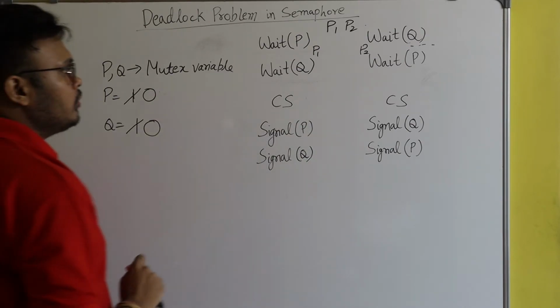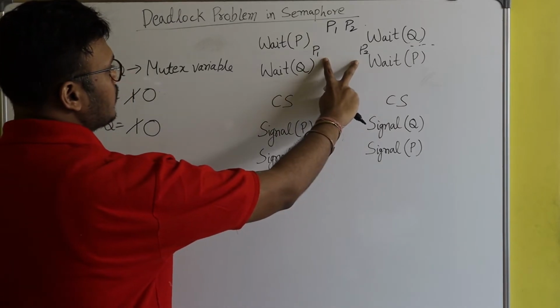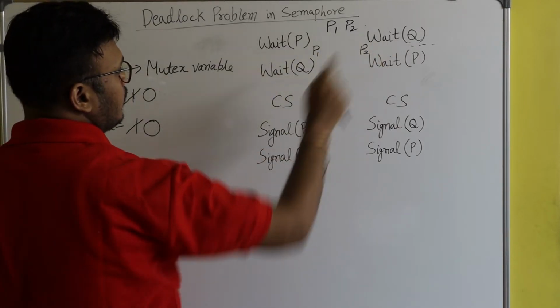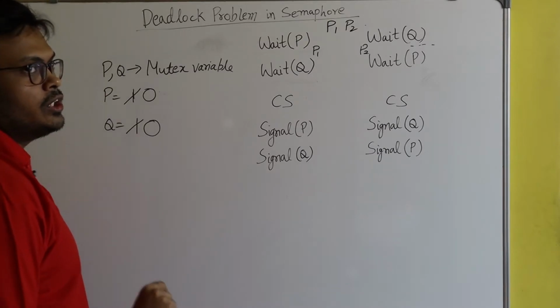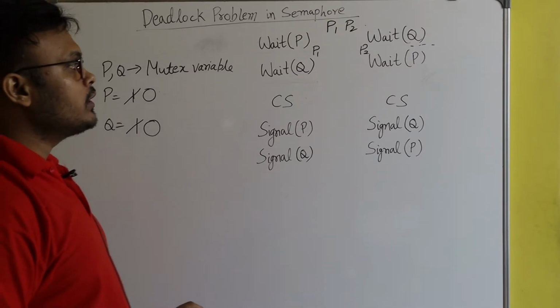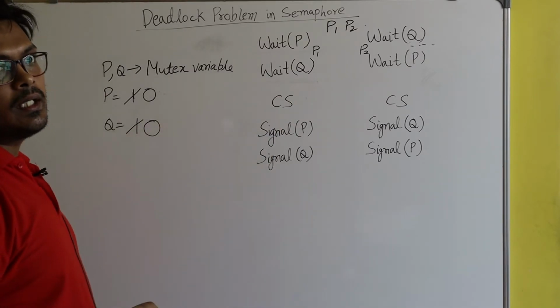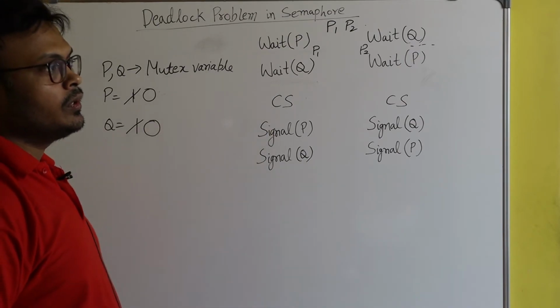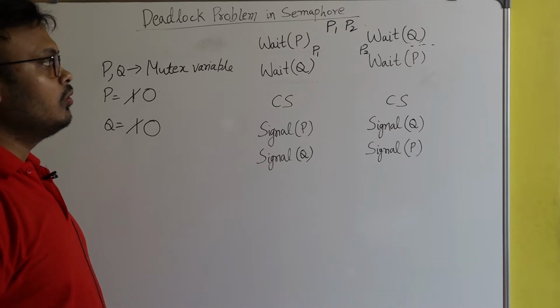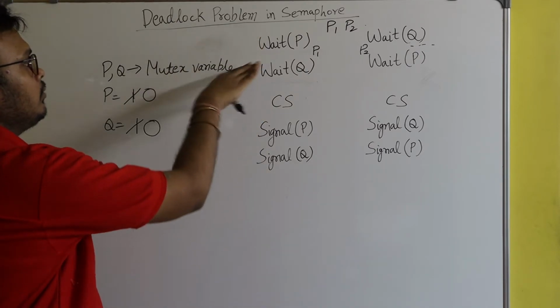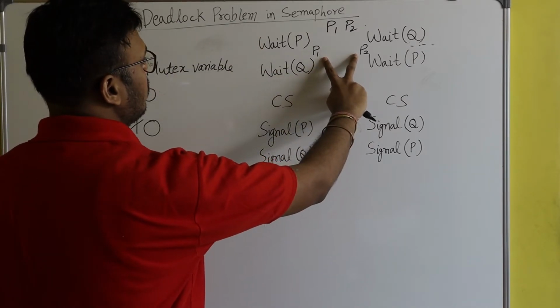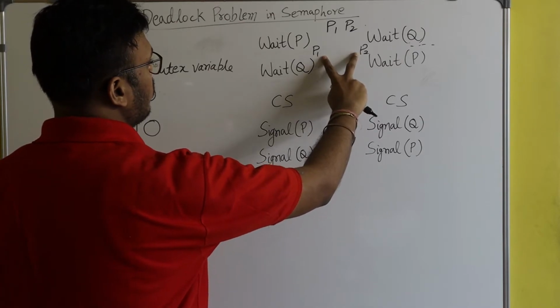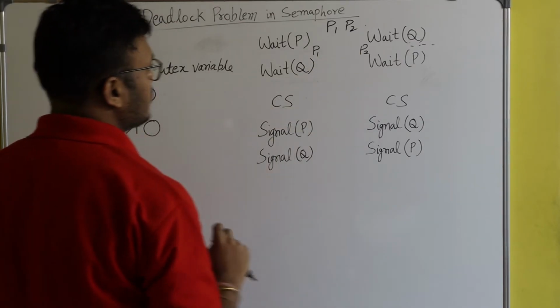How? Because here you see both the processes are locked at their respective region, and both the processes couldn't access the critical section. They got blocked in the entry section. Okay. These are the entry section. Both the processes have been blocked here. Okay. Both the processes can't get entry inside the critical section.